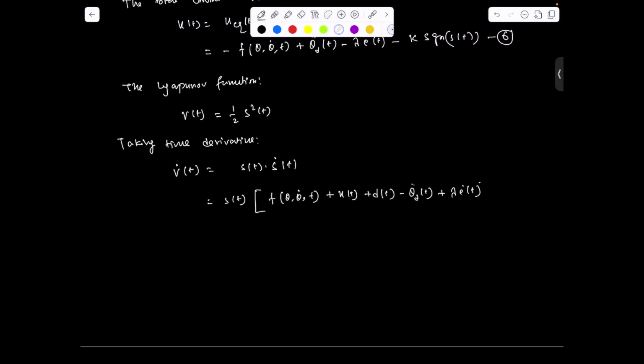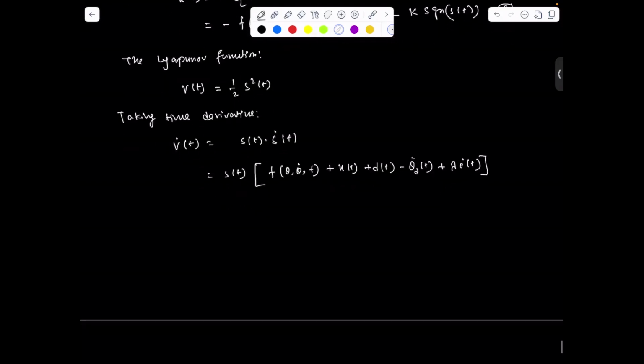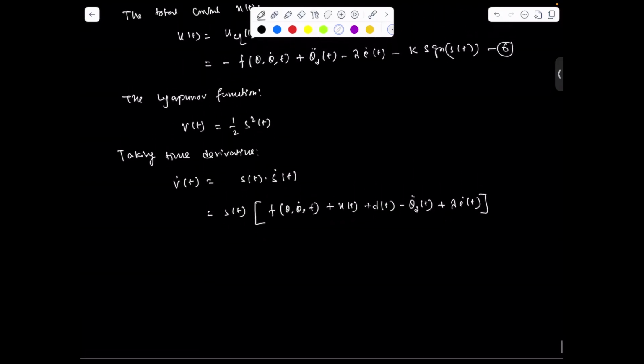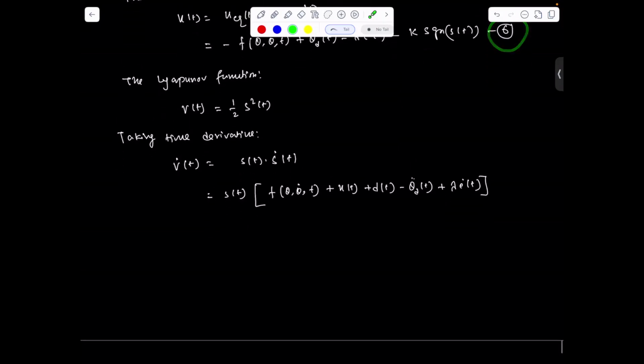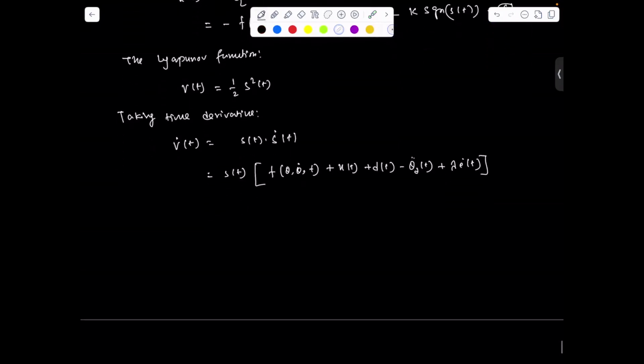And here we can substitute the expression of u of t, which is defined by equation 6 here. So now if you substitute equation 6 in equation 7,